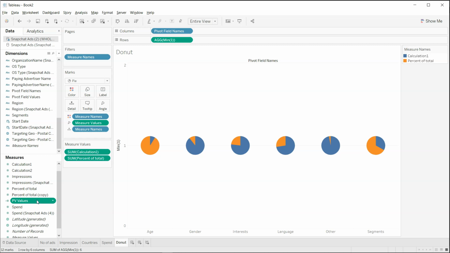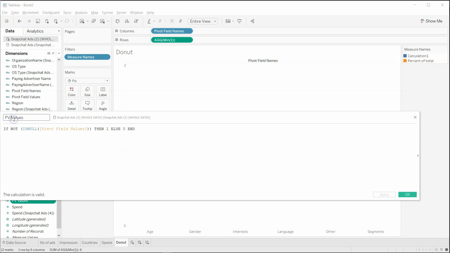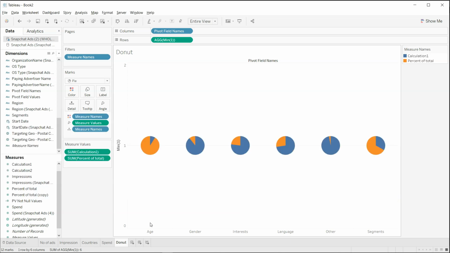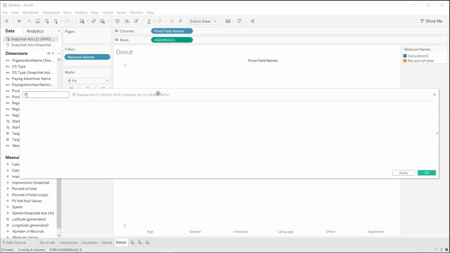So we have PV values. We can probably give it a more meaningful name, PV not null values. Click OK. And now create a percent of total calculated field. Let me put it over here, PCT of total. Since this field was created earlier and is already part of the data set, I'm just giving a different name, and that is nothing but sum of PV not null values, that means the values which are not null,